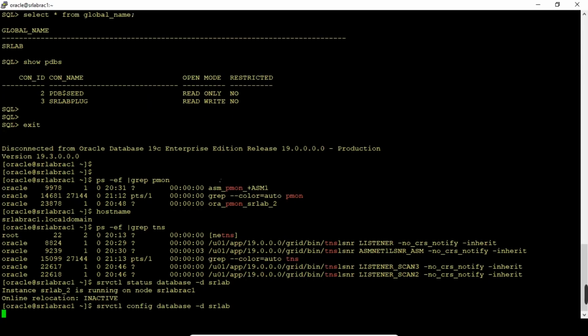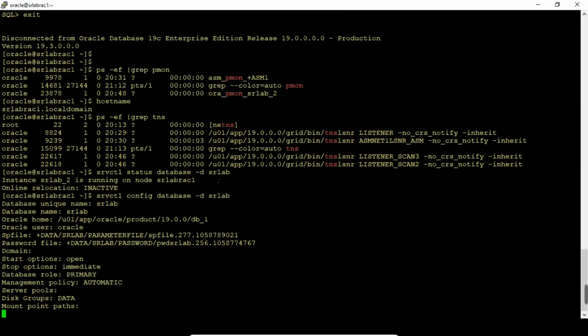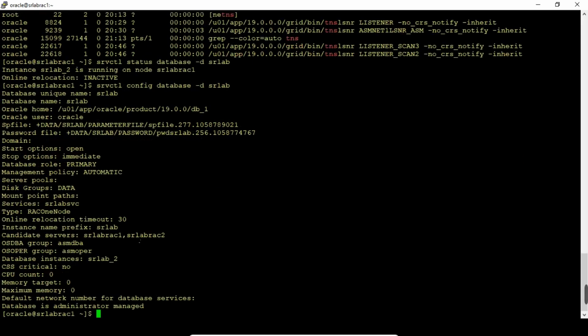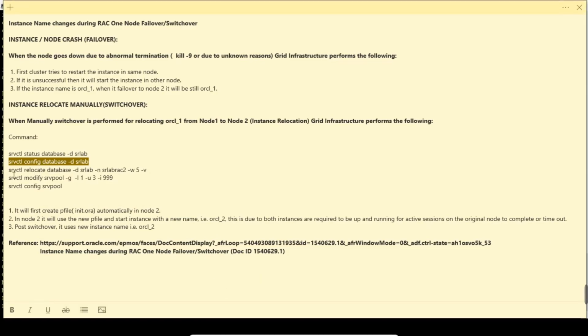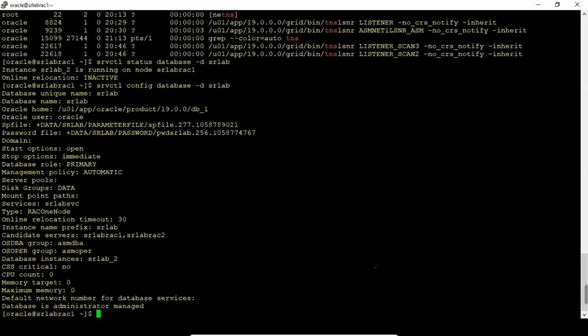Now in the second node, I'm going to perform the manual switchover. Okay, let's see.